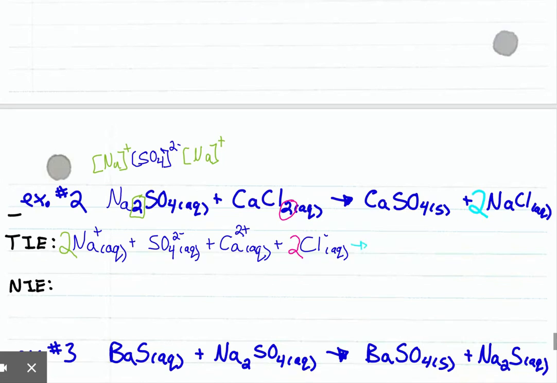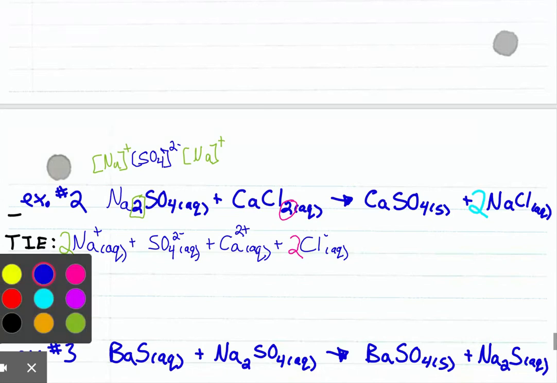So now we're going to look at what ions have come to the ion party and are still at the ion party. Our calcium sulfate, or CaSO4 solid, is not soluble. It is not Aq. So it stays like this. We cannot separate that because it is not soluble. It stays as a solid. But our last compound involved, our sodium chloride, is soluble. So we're going to separate it